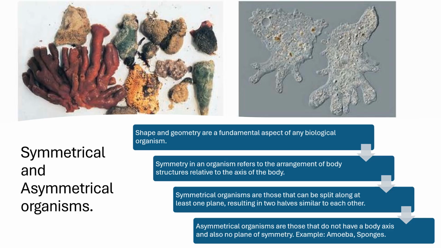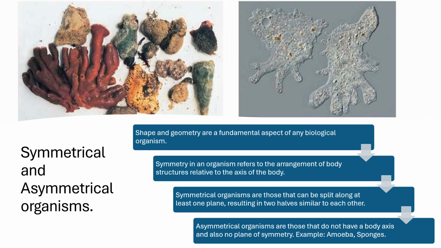So, what is the importance of symmetry and why do we need to study it? Shape and geometry are fundamental aspects of any biological organism. Symmetry in an organism refers to the arrangement of body structures relative to the axis of the body. Symmetrical organisms are those that can be split along at least one plane, resulting in two halves similar to each other. And asymmetrical organisms are those that do not have a body axis, and also there is no plane of